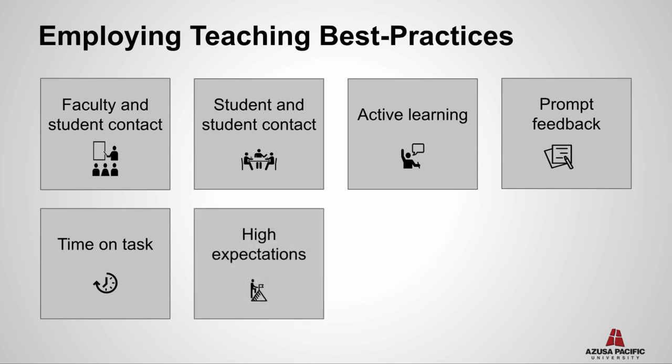Faculty's expectations of students and how they set certain standards in their class also has been found to be directly correlated to how students perform. So if faculty have very high standards and expectations, then students typically do better than classes where faculty may not